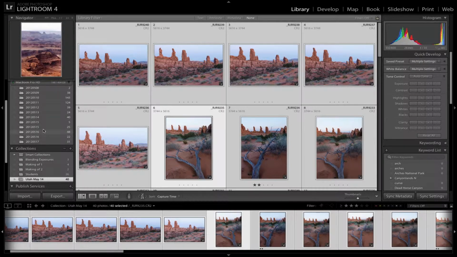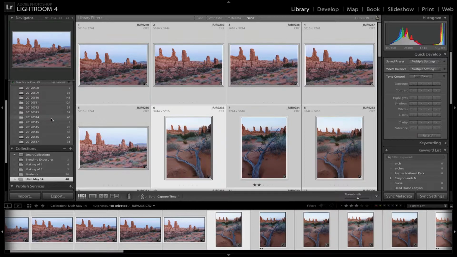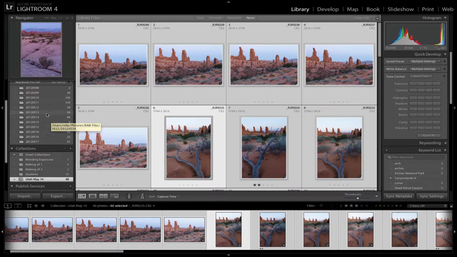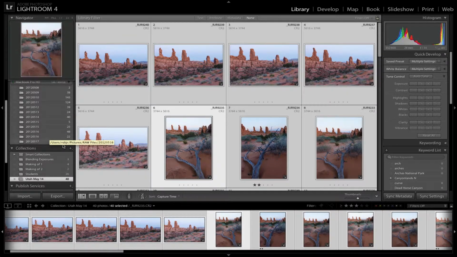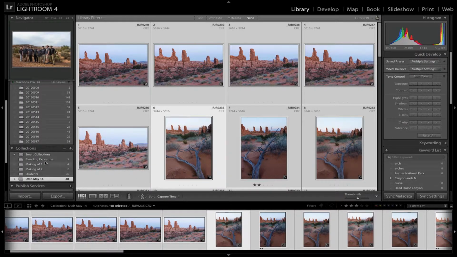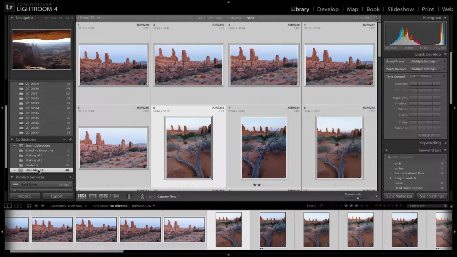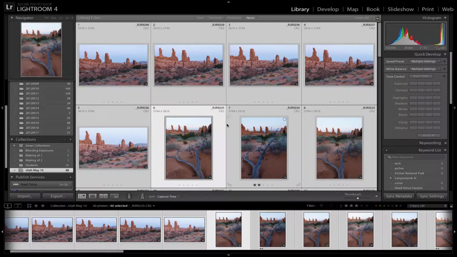You don't have to do this, but it just makes it easier to kind of segment the 5 days of the workshop, at least in this case. So I would do that for the other 5 days or the other 4 days. All right, so now once we do that, you see I have a collection here now that says Utah May 14 with my particular 40 images. I go over to the map module now,